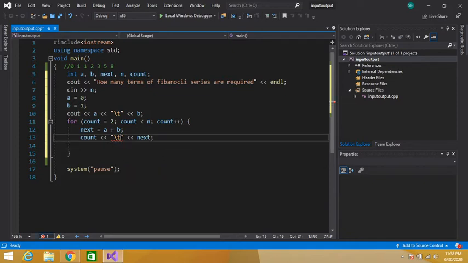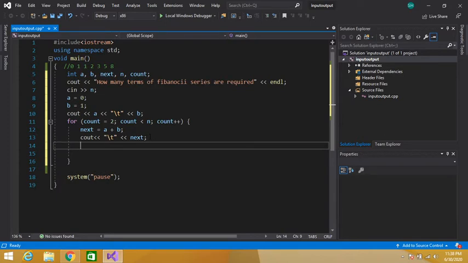So we have to write here cout, not count. Sorry for that. Cout is used to display the output on the screen. We have declared this count variable, so we have to be careful.